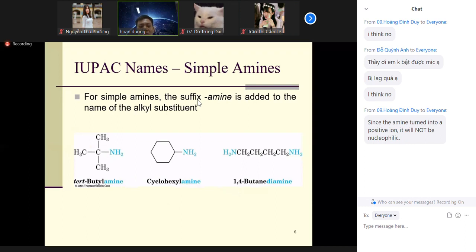Now we have some more naming here. We put the suffix amine, hậu tố là amine, and add it to the name of the alkyl substituents. And as I showed you before, no space. That's the one thing: no space when you put it in. So here, for example, you see tert-butyl, with 1, 2, 3 and the tert, that means